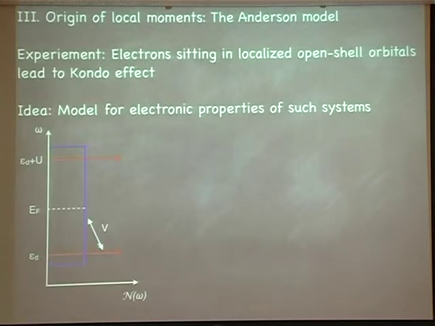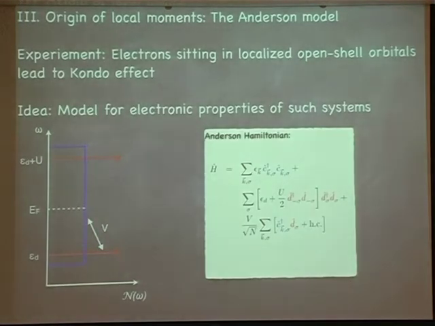And of course, they have to talk to each other, otherwise the system would be rather boring. And we do that by allowing them to exchange electrons. That is, this electron might hop from there into the localized orbital, or out of the localized orbital, or into the doubly occupied state, or out of the doubly occupied state. Okay, that's the picture, and that's the formula, and that's called the Anderson Hamiltonian, and you've seen that before on the blackboard.